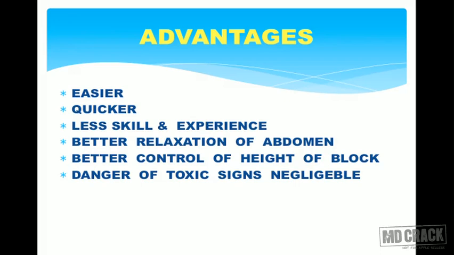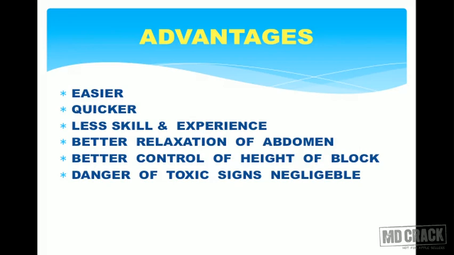Better relaxation of abdomen. This is one of the advantages, because compared to epidural anesthesia or general anesthesia, the relaxation of abdomen is better in spinal anesthesia. Better control of height of block. Height of block could be controlled easily by adjusting the position of the patient, by giving head low or head high position. And dangers of toxic signs are negligible, because the toxic signs or the most dreaded complication